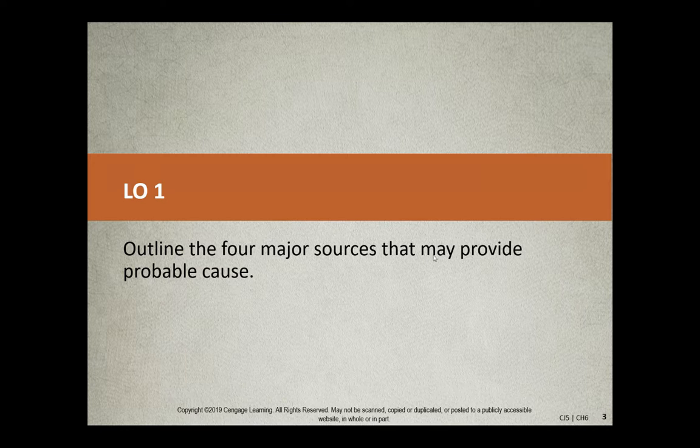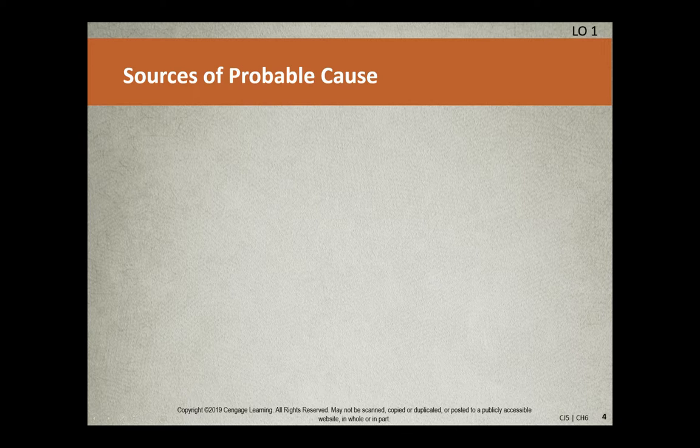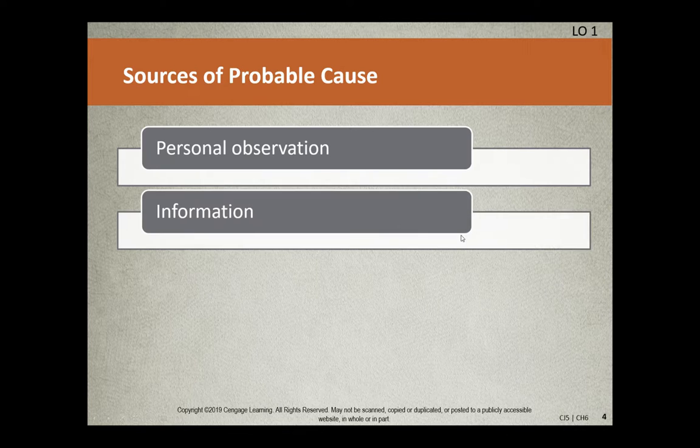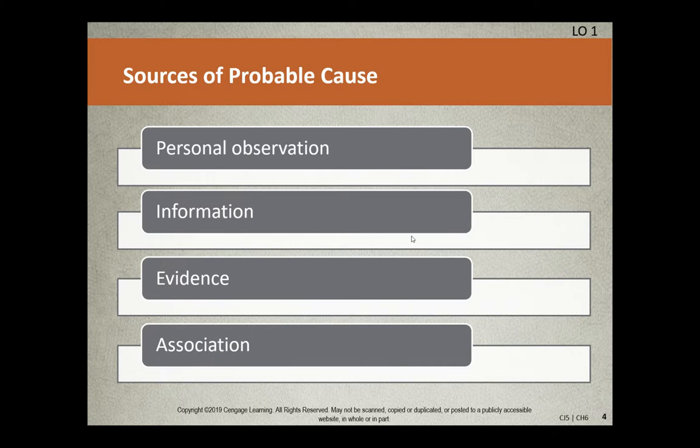So we're first going to talk about the four major sources that may provide probable cause. The Fourth Amendment contains two critical legal concepts. One is the prohibition against unreasonable search and seizures, and two is the requirement of probable cause to issue a warrant. And there are a couple of concepts that we're going to go through when we talk about sources of